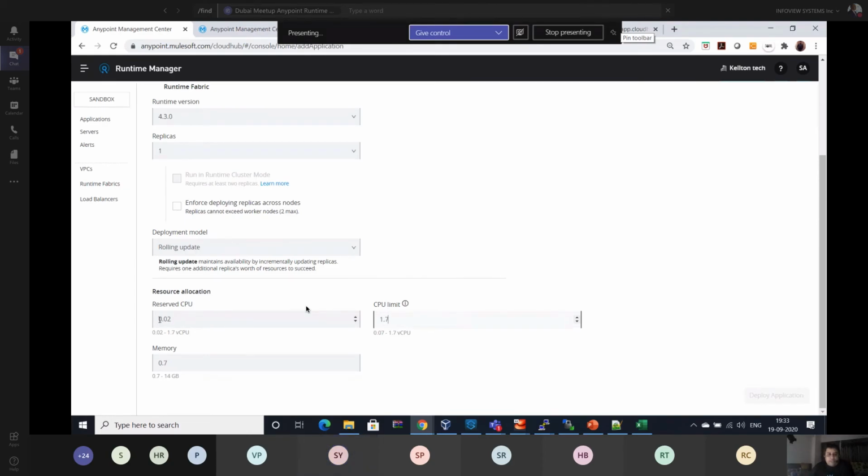That limit will be available for them. So the Runtime Fabric platform's responsibility is to have this CPU limit reserved for them. Whenever it's required, they have to hand it over to the application, but the minimum they will assign to the application. This is part of the Kubernetes Ingress and Edge tool, the component that will manage inside the Kubernetes platform.